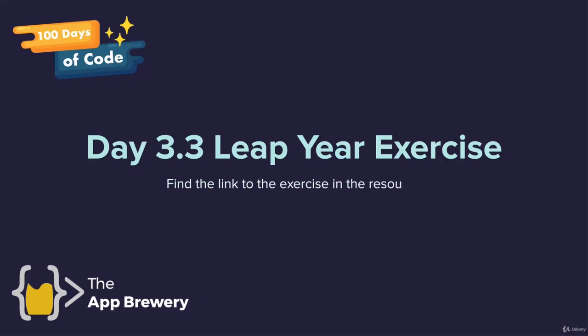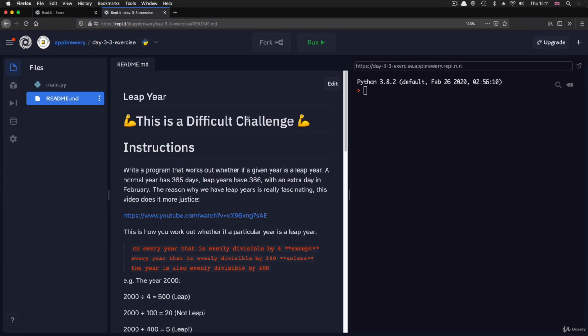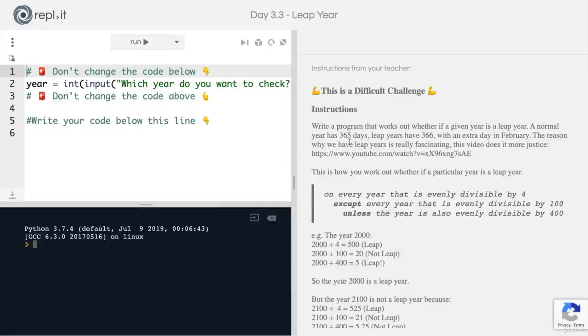Hey guys, so I've got another code challenge for you. And this one, as the title suggests, is a difficult challenge. This is something that I expect some of you might need to spend 15-20 minutes on, others might need to spend 30-40 minutes on, and it might just be something that you need to have a think about,